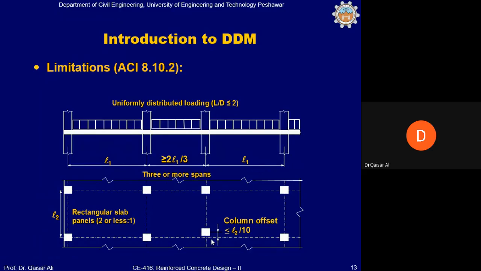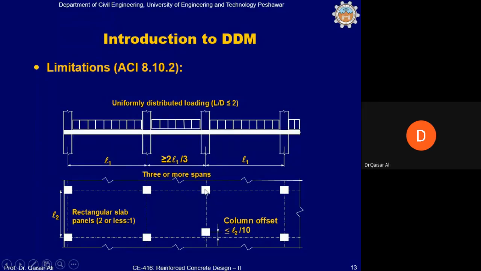The direct design method is applicable if one or two of the columns are located outside this main column center line, but then there is a restriction that this offset at which the column is placed or located shall not be more than 10% of the spacing between the columns,